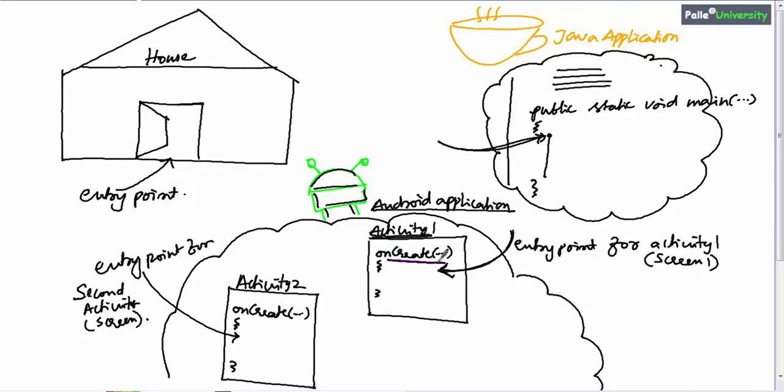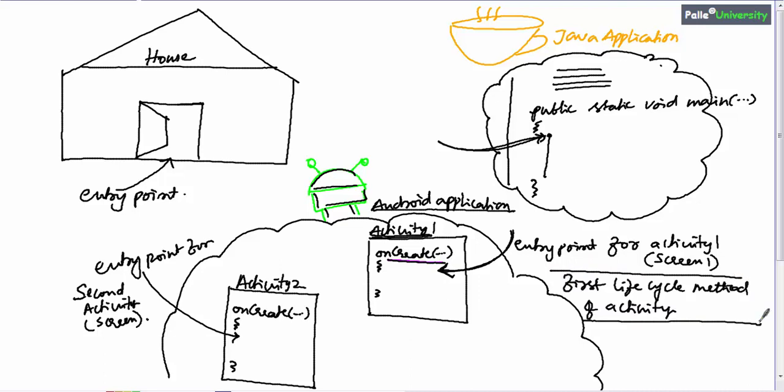So this method can be called the first life cycle method of an activity. In fact, there are many life cycle methods. In the ongoing sessions, we will see what are the other life cycle methods of an activity. Mark it as important for interviews. The first life cycle method of an activity is the onCreate method.